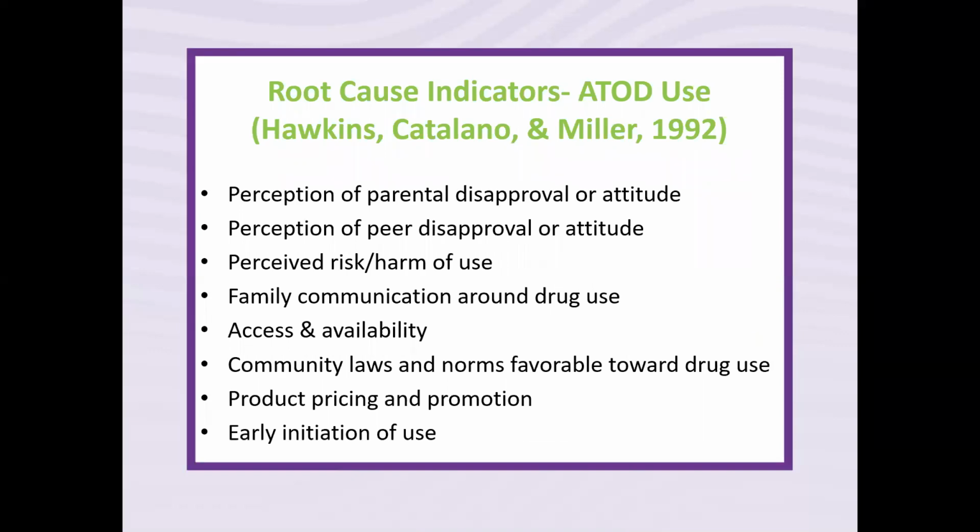Some of the intervening variables for consideration for ATOD use include the following: perception of parental disapproval or attitude, perception of peer disapproval or attitude, perception of risk or harm, family communication around the substance, access and availability to the substance, community laws and norms that may be perhaps permissible or favorable towards drug use, product pricing and promotion, and